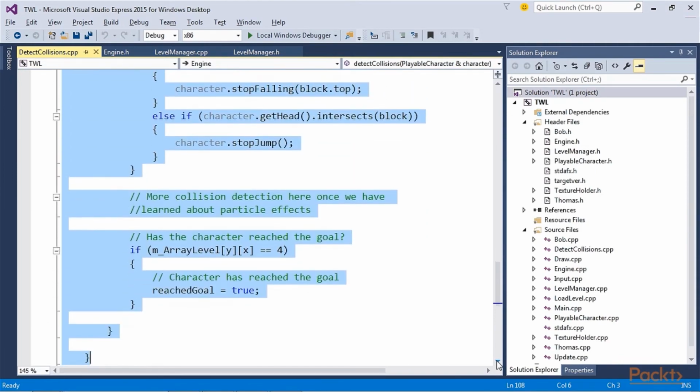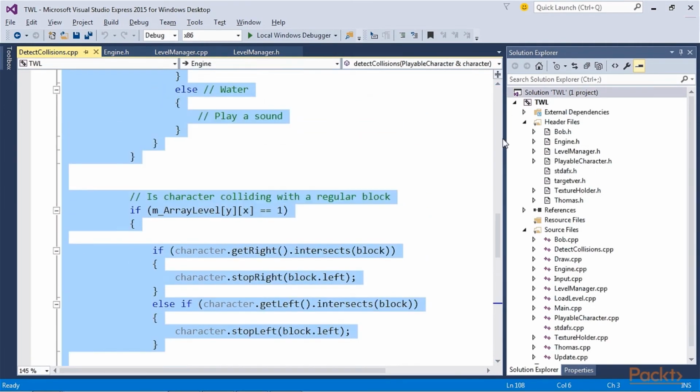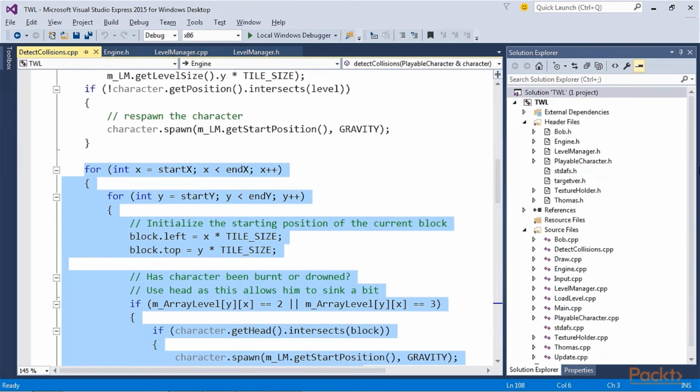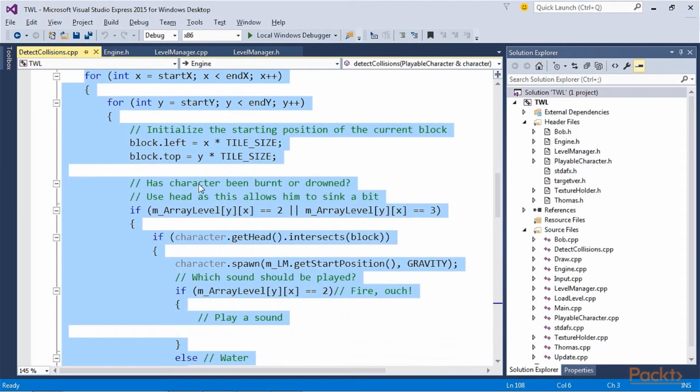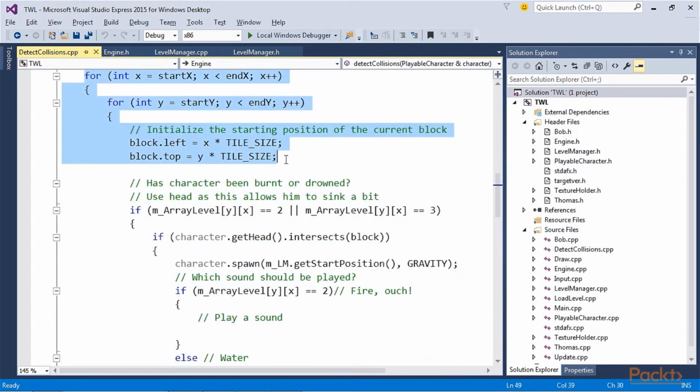Now, add this highlighted code right after the previous code we added. It's quite large, I must say, but don't worry. We'll go through it and see what it does. This code does 3 things using the same techniques. It loops through all the values contained between start x, end x, and start y, end y. For each pass, it checks some conditions.